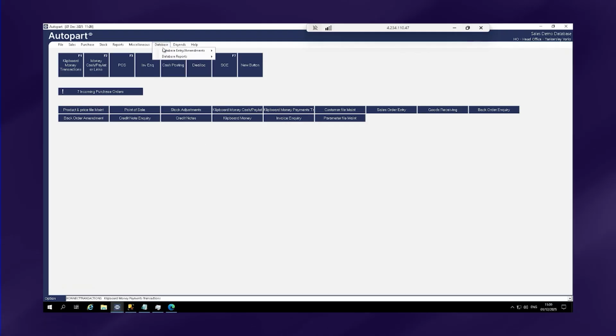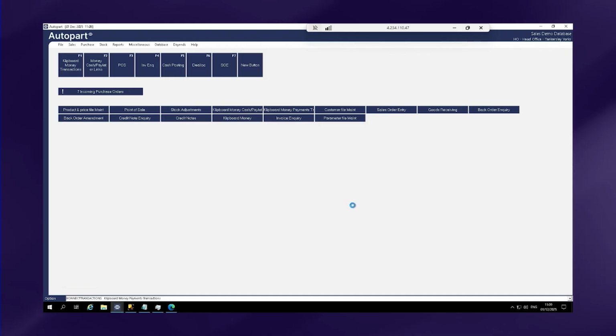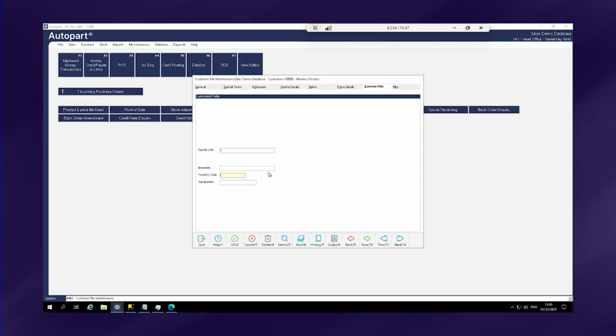Click Database, Database Entry, and Customer File Maintenance to indicate the customer is a Klipboard Money Pay by Link account. For this demonstration, we'll be using account H0006, and in the Custom Fields tab, there is a new field called Pay by Link. Into that field, I have entered Y